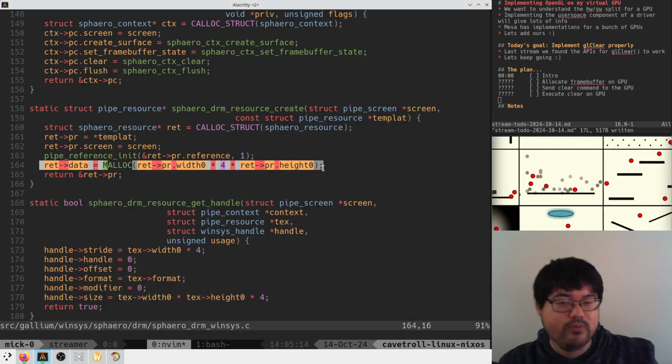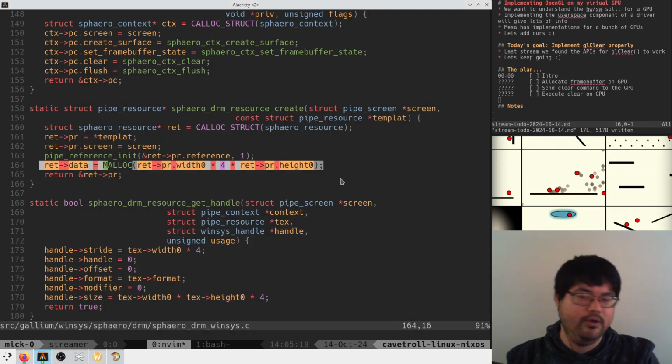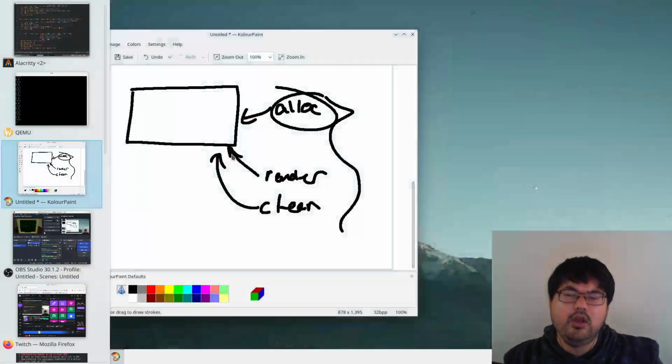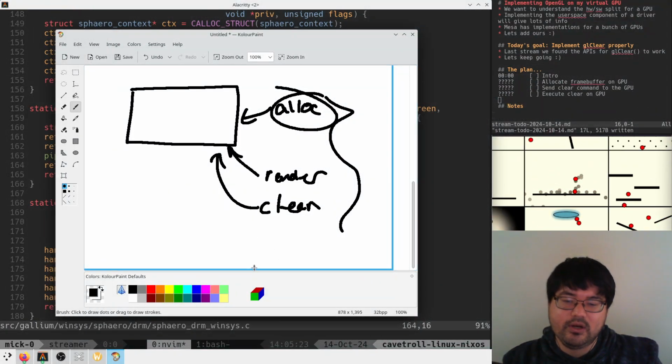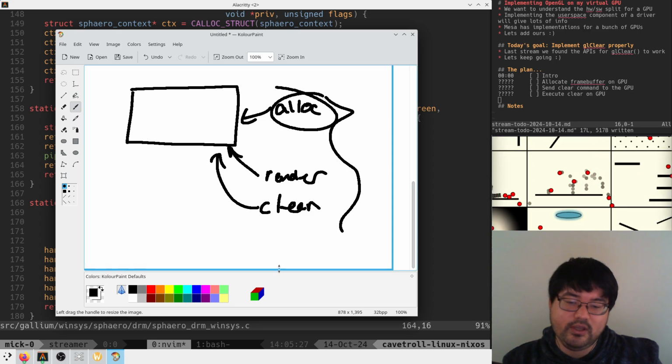And so the goal for today is to try to move this from some sort of malloc buffer that we're using here onto a GPU buffer that's actually written to on the GPU. So that means we're going to have to take this stuff, and instead of calling malloc when we allocate,